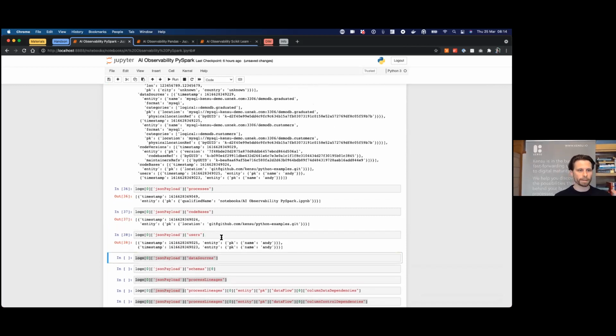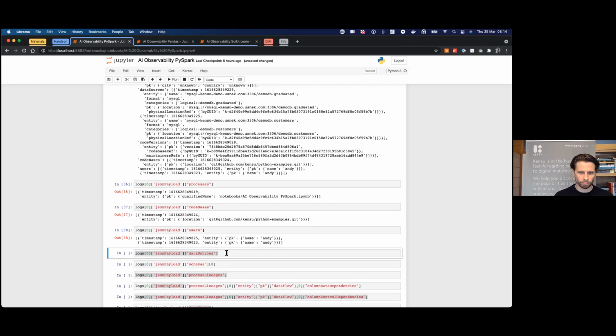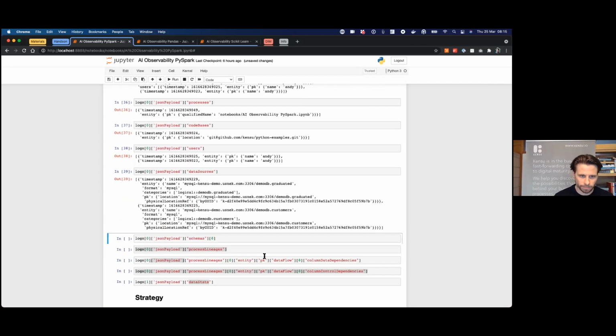The users, it's me, right? So you know who ran the application. So you know who you can contact in case of data strife, right? If the application doesn't produce the right output. The data sources. The data sources are the MySQL, I use MySQL here, input, output that were used and produced, right? So which data has been consumed, and which data has been produced, when in this application, by this user, in this notebook, in this Git repository. So imagine the kind of request that you can send to the server then, right?